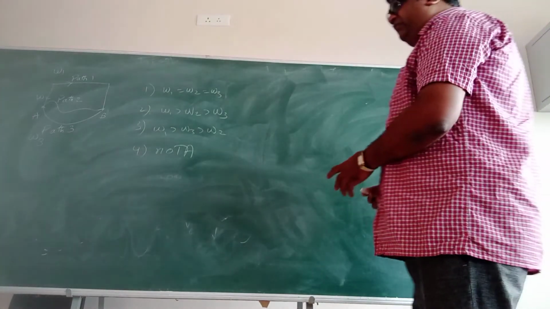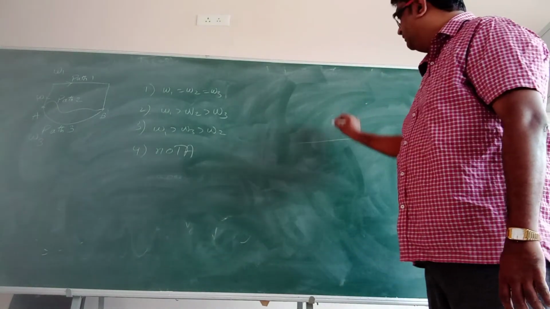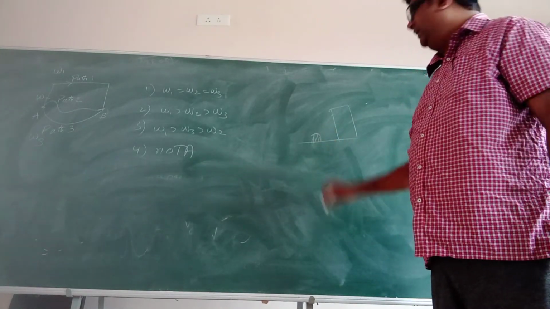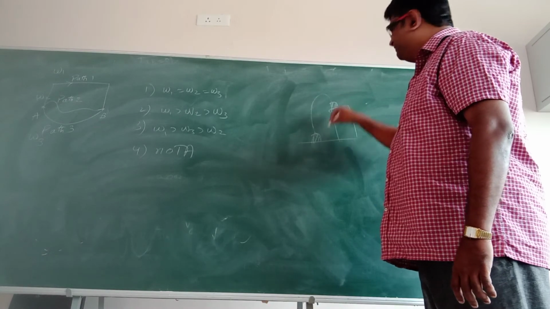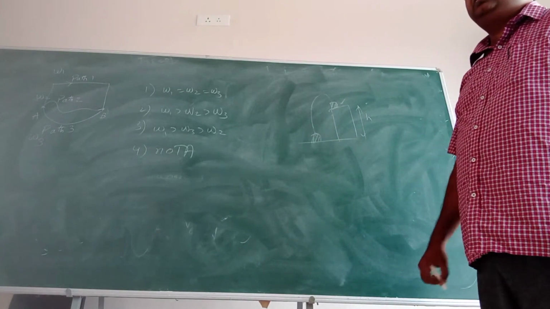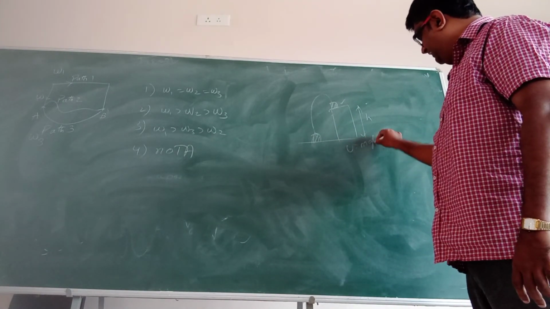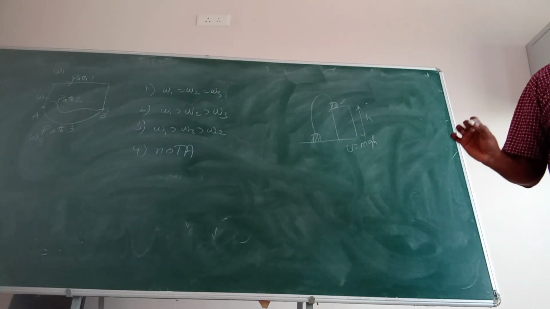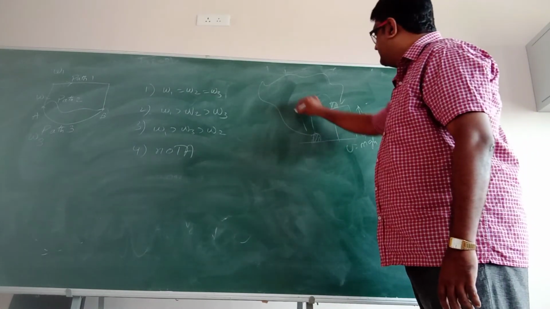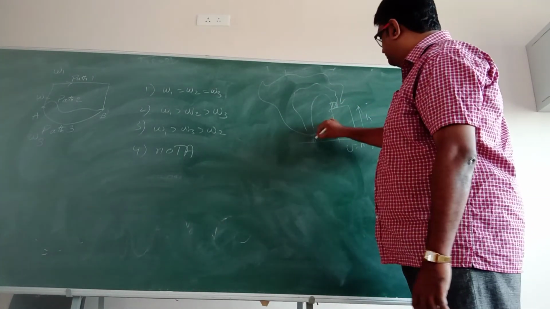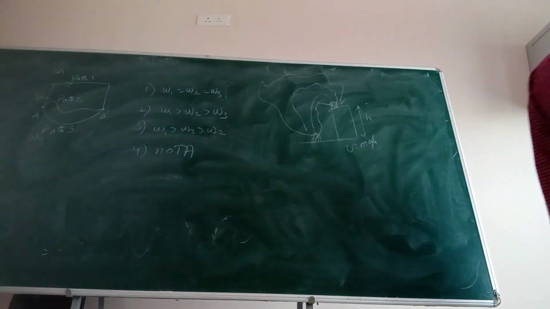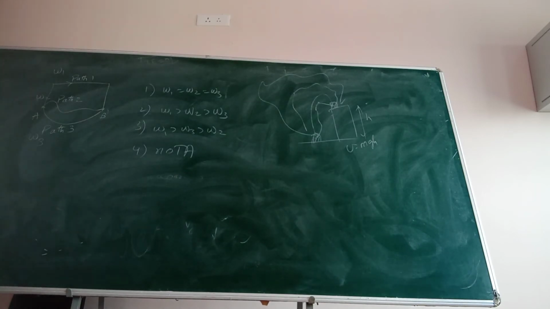I will give you a hint. Now this is the surface of the earth. There is a building here. There is a block on the ground. I pick this block and I put it over here. This height is h. What is the potential energy here? Potential energy is equal to mgh. Correct? Now, suppose I bring it like this, like this, like this. Is your potential energy changing? Potential energy stored in an object is basically the work done on it.